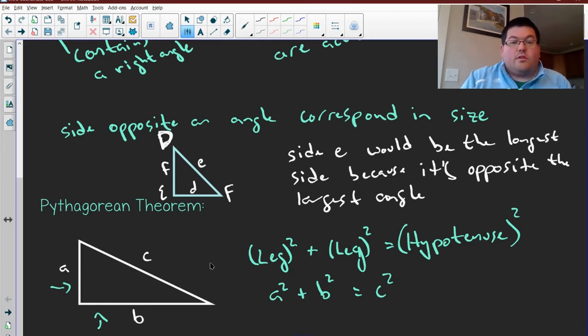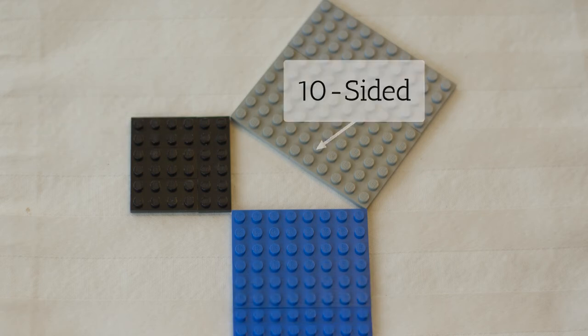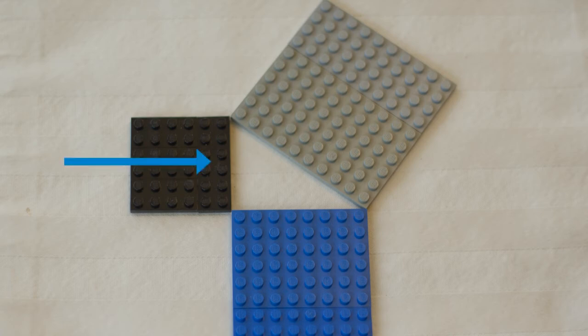Now, one of the reasons that this works, right, is that these relationships between the sides happen to match up nicely with this rule about a right triangle, okay? And so what I have for you is a quick Lego illustration of how the Pythagorean theorem works. So if you notice here in this Lego illustration, I have a 6-sided, an 8-sided, and a 10-sided triangle. And if you line up the 6 side, the 8 side, and the 10 side together, it forms a right